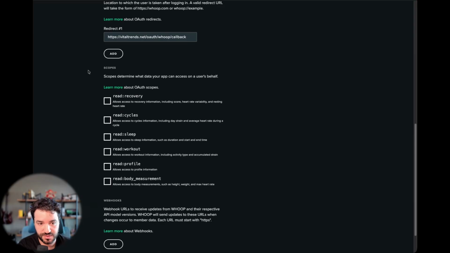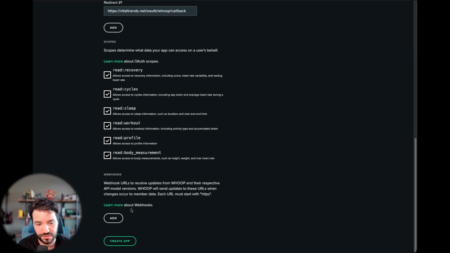And then scopes. This is where we actually select the information that we need to collect from Whoop into our website, and then for you to download later on. Just select everything. And this is also very important, also the webhooks. The webhooks allow that as soon as you finish practicing your sport, going to the gym, a run, etc., it's going to push that information into Vital Trends as well. So we're going to have to add